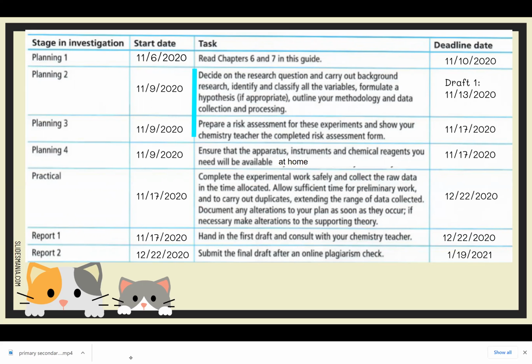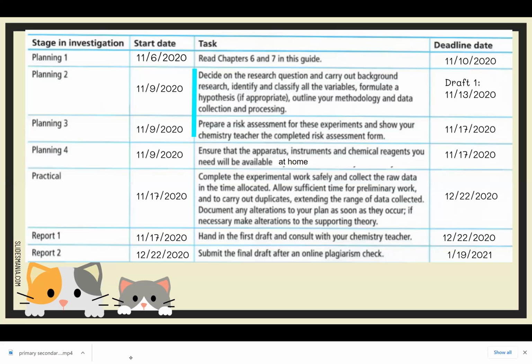Planning on actually experimenting is mostly going to be done at home, but during class time. That should be starting around the middle of this month, and then finish by December 22nd. But December 22nd is also when I want your first draft of your report. So while you're doing the experimenting, you're also collecting stuff into the format that you would use